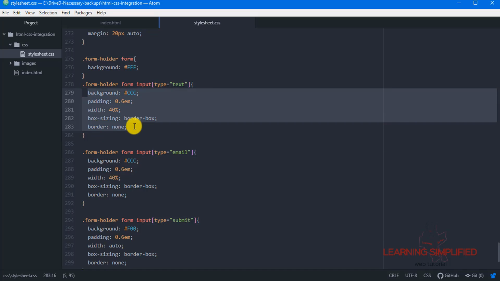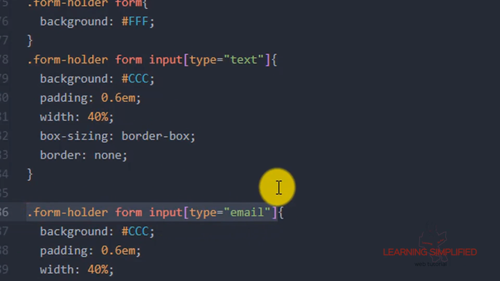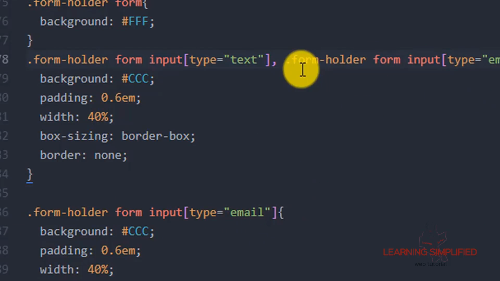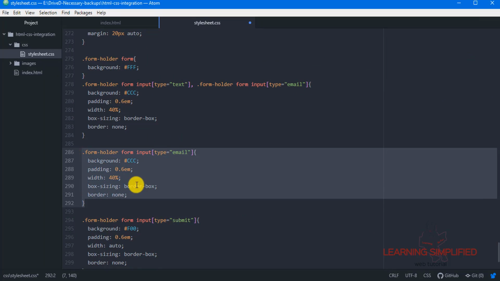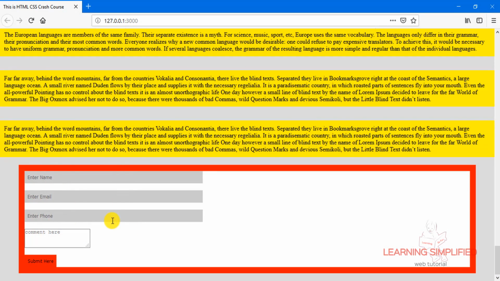Now in that particular case, we do not have to mention them separately. All we can do is combine both these selectors here. We have to put a comma, separating both these selectors with this comma. That means this input type text and this input type email are now defined in the same single syntax, and we do not have to use them separately here. We are discarding it. Now if we get back to our project, we will see that all of them practically have equal properties. They are retaining all those properties the same here. There's no problem with it.